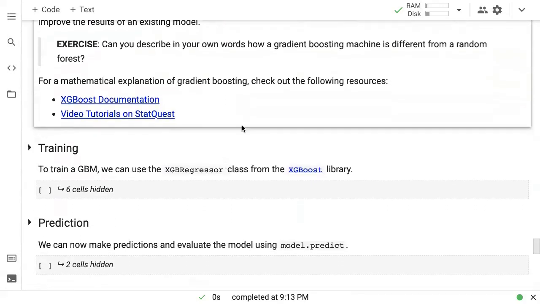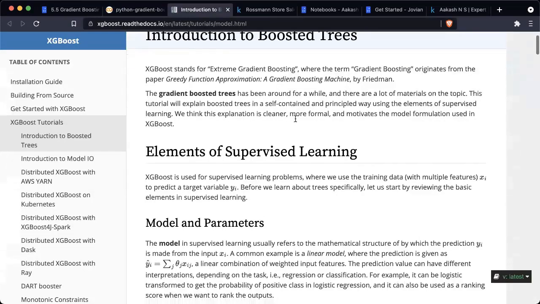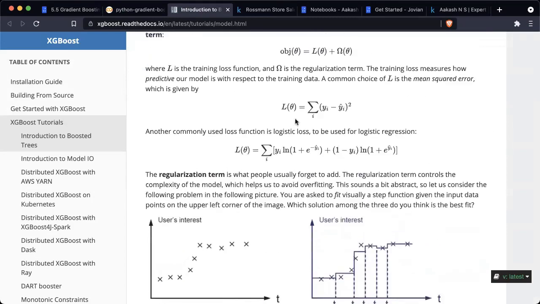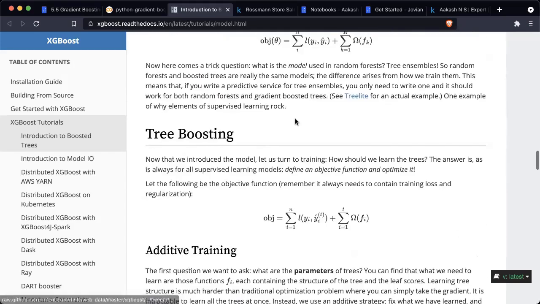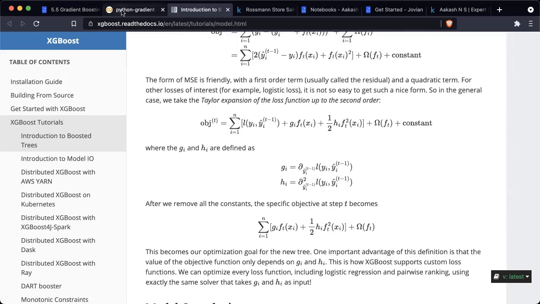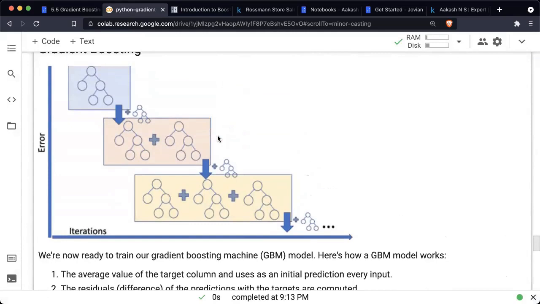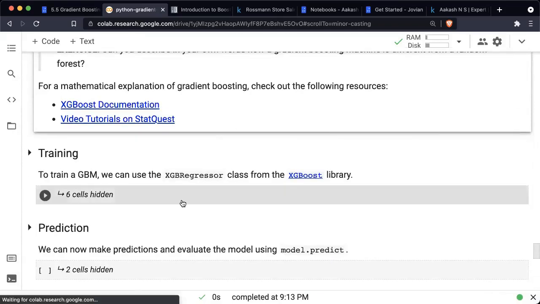So try and describe in your own words how a gradient boosting machine differs from a random forest. And if you want to check out the mathematical explanation for this, do check that out as well. But I will warn you that when you look at the mathematical explanation, it is pretty hairy. There's a lot of equations. So unless you're comfortable with the math, I would not recommend it. And there are some graphs as well, but it doesn't really help. But yeah, do check it out if you're interested. But really the most intuitive explanation that I found is just the fact that gradient boosting machines add more decision trees to correct the errors of the decisions we've made so far.